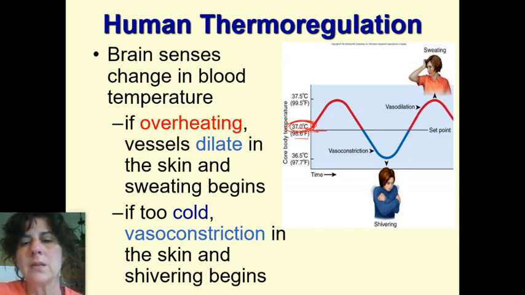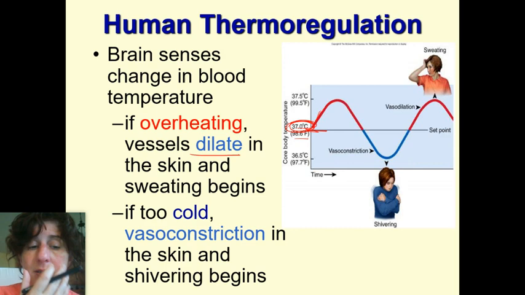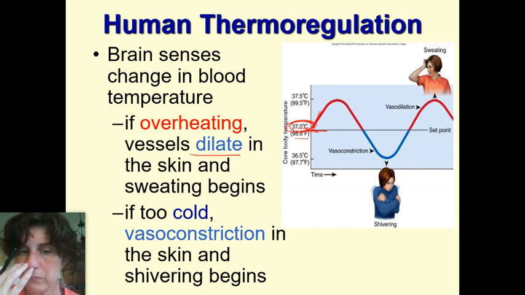So here we are at 37, right? If I walk outside in Houston, my temperature is going to start raising up because it's hot out there. So you're going to pick up that heat. That heat's going to start overheating, and your body says, whoa, wait, it's too warm. So you do things to rectify that. Like I said, blood vessels dilate. That allows blood to move to the surface. That's that flushing. You see the blood at the surface of the skin.